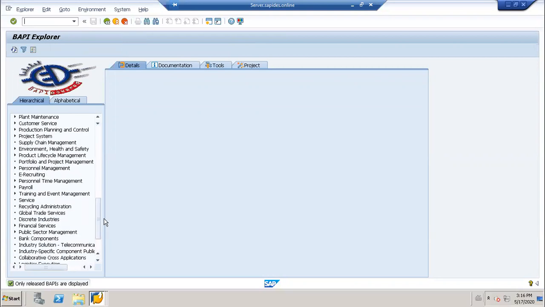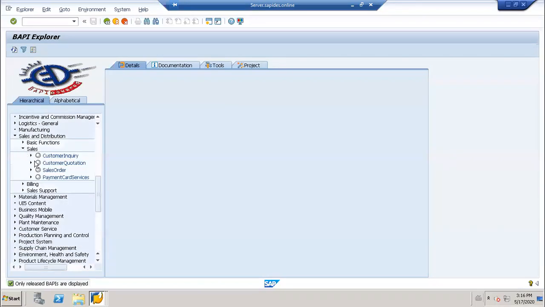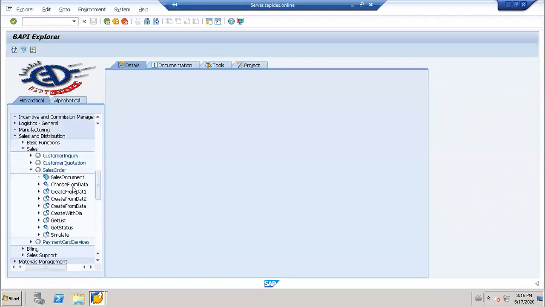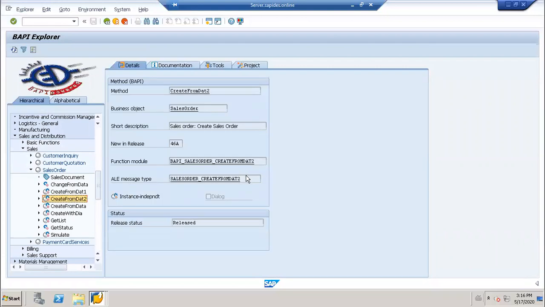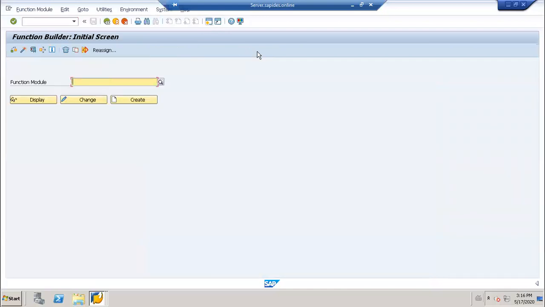In Sales, there is create sales order, and there are different versions. I'll click on this. This is my function module. Just copy this, or just double click on that, and you will go to that function. Let me display it over there.